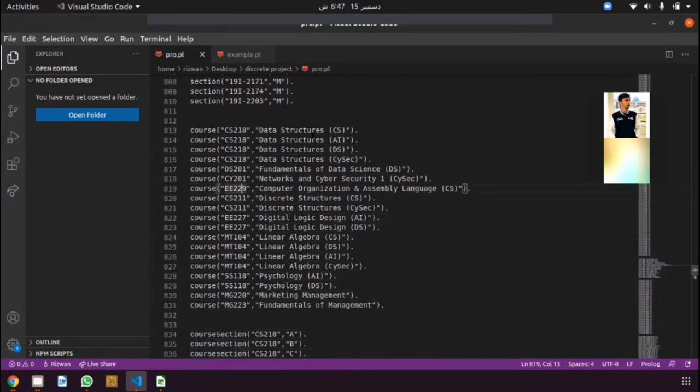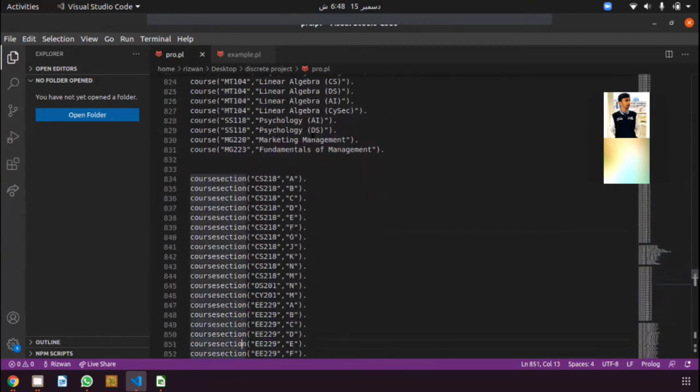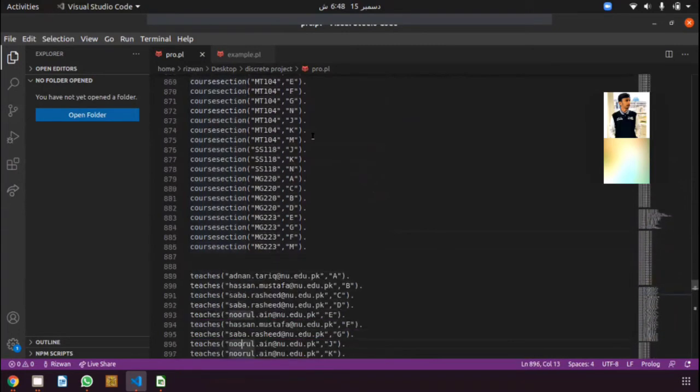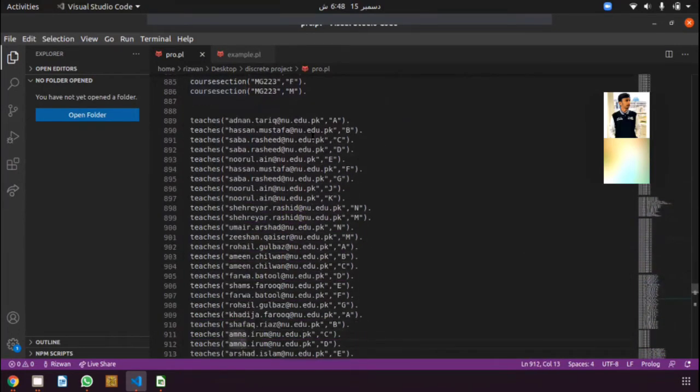हमने कोर्स की नॉलेज बेस बनाई है जिससे हमें कोर्स कोड और कोर्स का नाम मिल जाता है कि किस कोर्स कोड का कौन सा नेम है। जिस तरह से MT104 का लीनियर अलजेब्रा CS है। और कोर्स सेक्शन है कि कौन सा सेक्शन कौन सा कोर्स पढ़ता है, हम उसके कोर्स कोड से देखेंगे। और टीचर्स की एक नॉलेज बेस है जिसमें हम टीचर का ईमेल यूज़ करते हुए उसके सेक्शन को देखेंगे कि वो कौन से सेक्शन को पढ़ाता है।